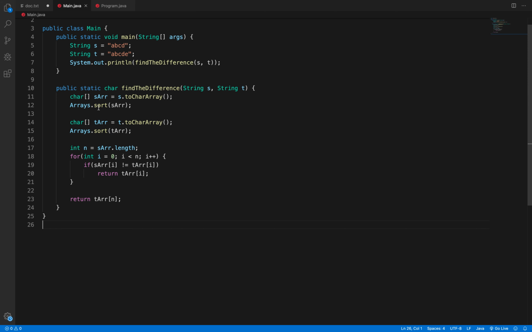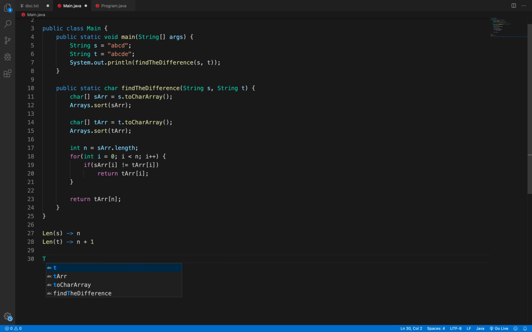So what is the time complexity of this approach? Let's say the length of the input string S is n, then for T it would be n plus 1, because we are adding one extra character to T. First we are sorting.